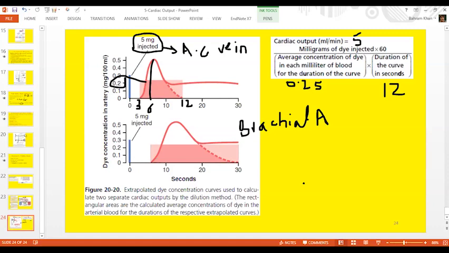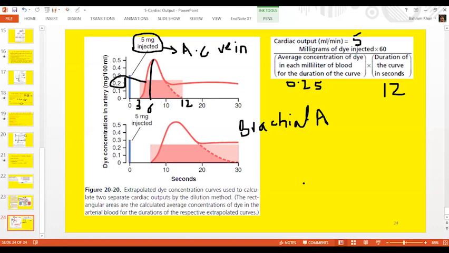So we inject a few milligrams of dye into the antecubital vein. Blood containing the dye will pass into the right side of the heart, into the right atrium. From the right atrium, it will enter the left side of the heart, and eventually the blood containing the dye will be distributed throughout the systemic